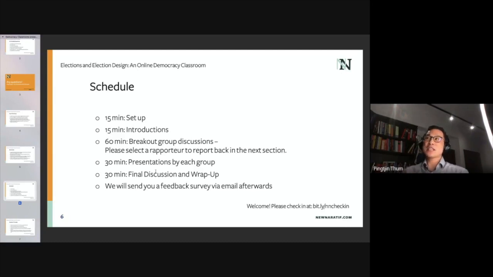So if you're going to engage in the idea of democracy as part of this question about elections, feel free to articulate that in your group and talk about how that reflects the kind of elections, what you think elections should be, how they fit into democracy, and then the kind of elections you want to design.